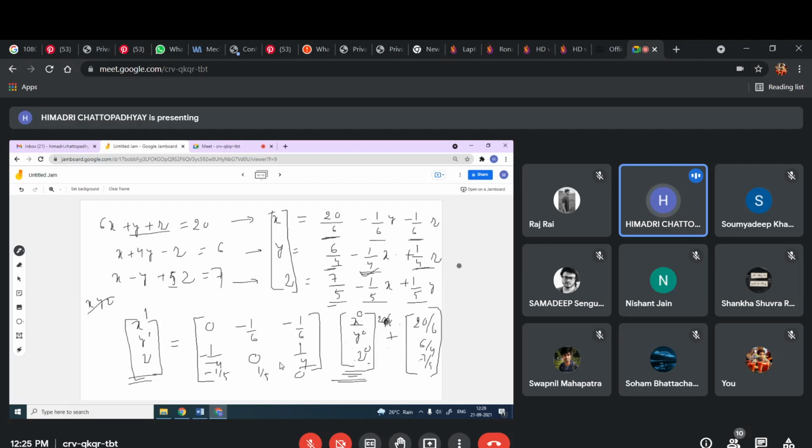You calculate x1, y1, z1. Then this you put here. This becomes the next level value. Then this value you put here, and this becomes the next level value. So then you will see that there is no more change, so your solution has converged. You have got the iterative solution. So we have to stop when there is no change for all the 3 variables. Actually, it will converge first. You check and see.